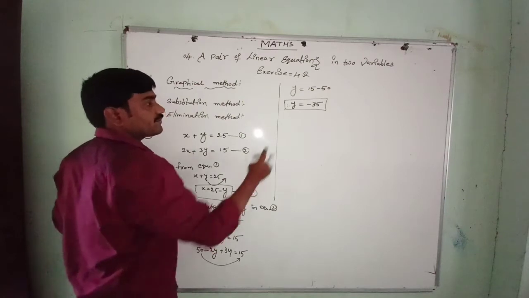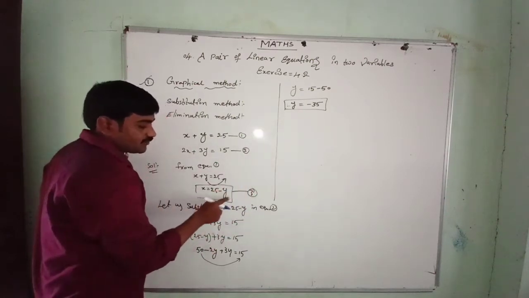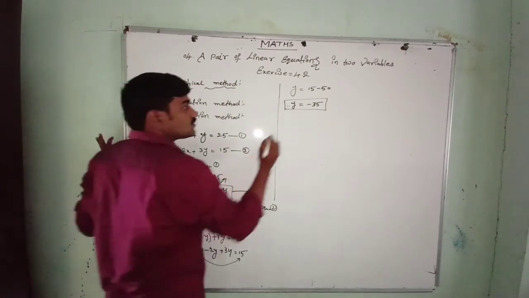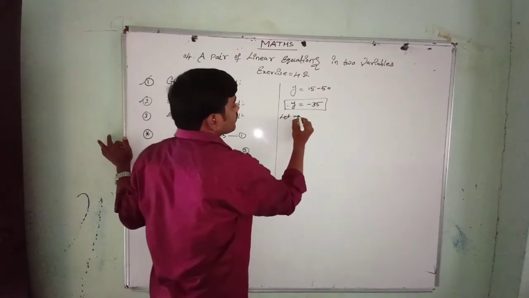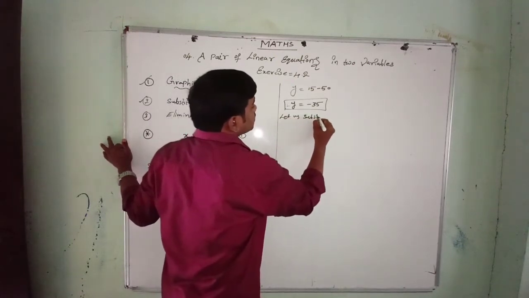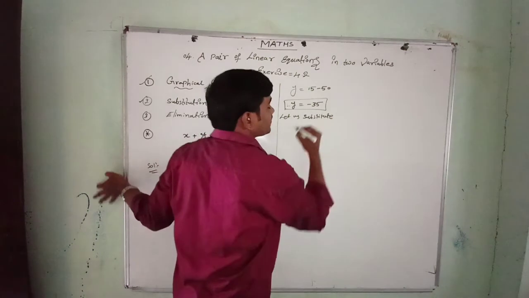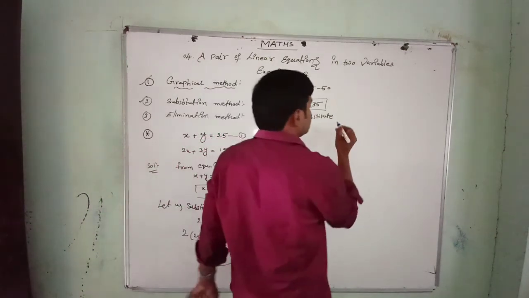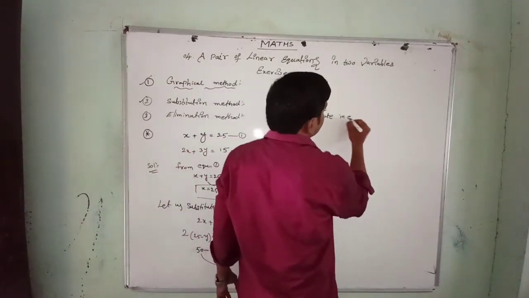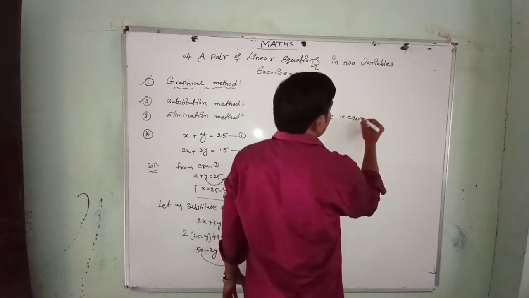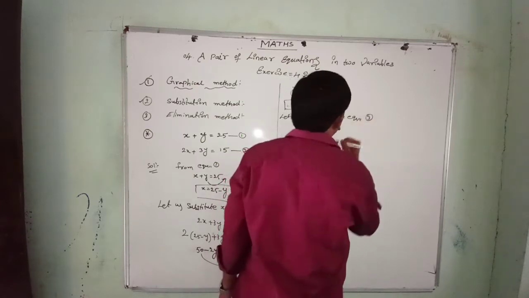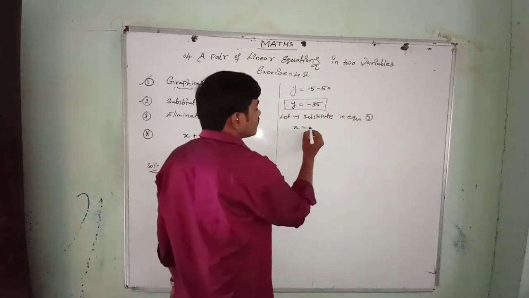Suppose this y value we can directly substitute here so that we get the x value. So let us substitute. Always we substitute in this method. That's why it's called the substitution method. Substitute in equation number 3. So what is equation number 3? X equal to